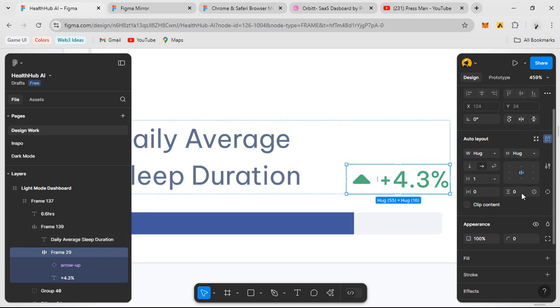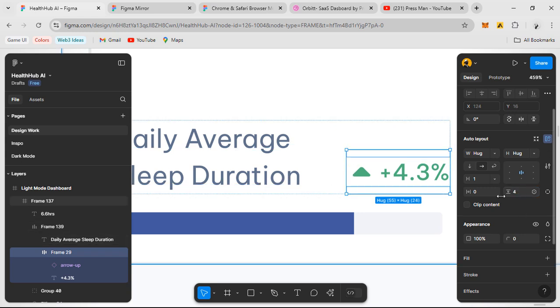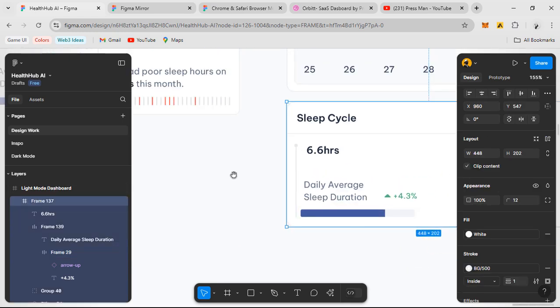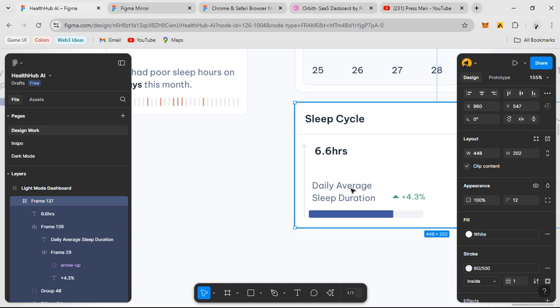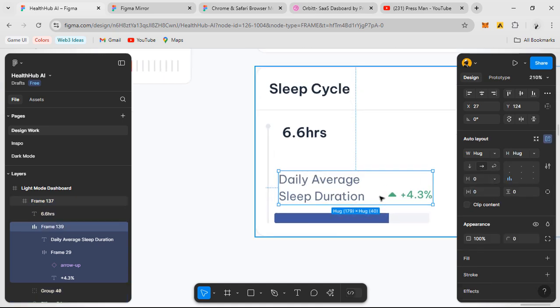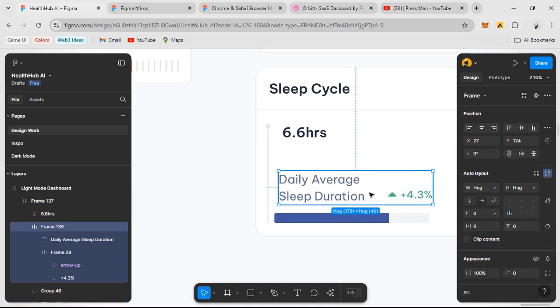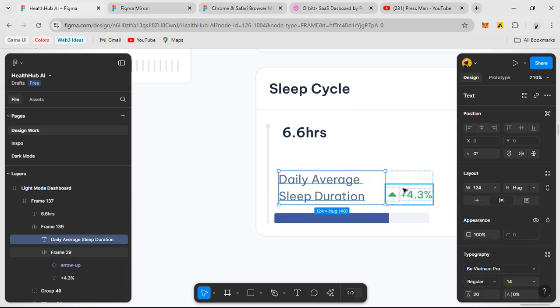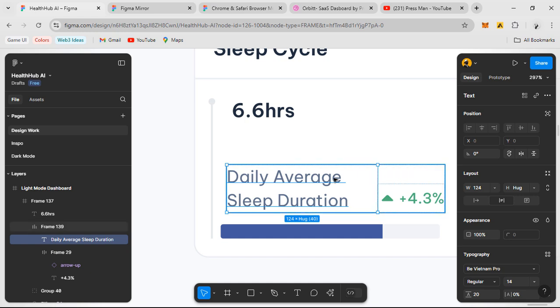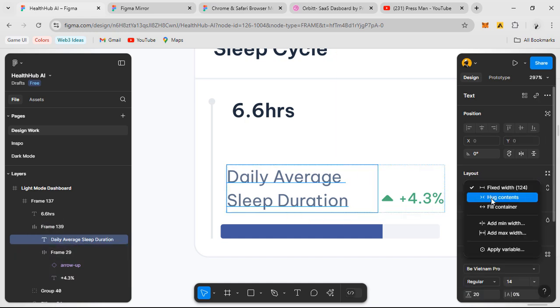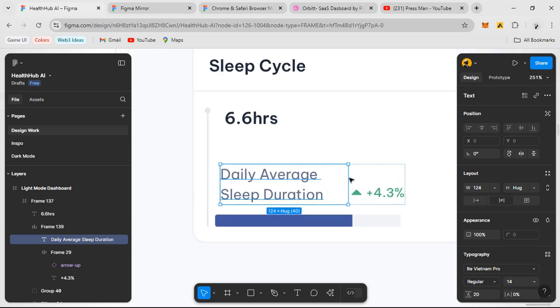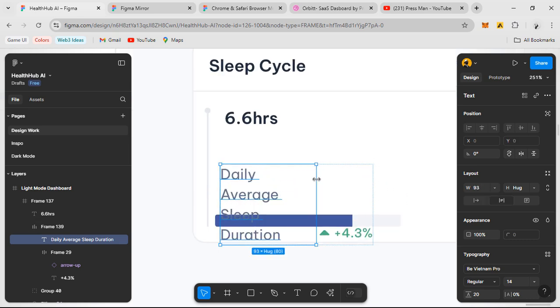So maybe what I can do is add a vertical padding if I want to, or I might not decide to add any auto layout to these guys. So this is an auto layout, by the way, and the spacing between them is 0 because this is currently fixed, right? If I switch this to hug, to just go on a straight line like so, this is a fixed width. So yeah,